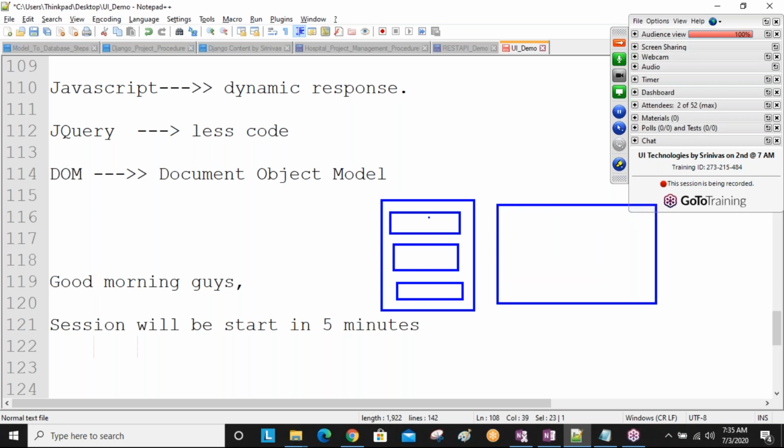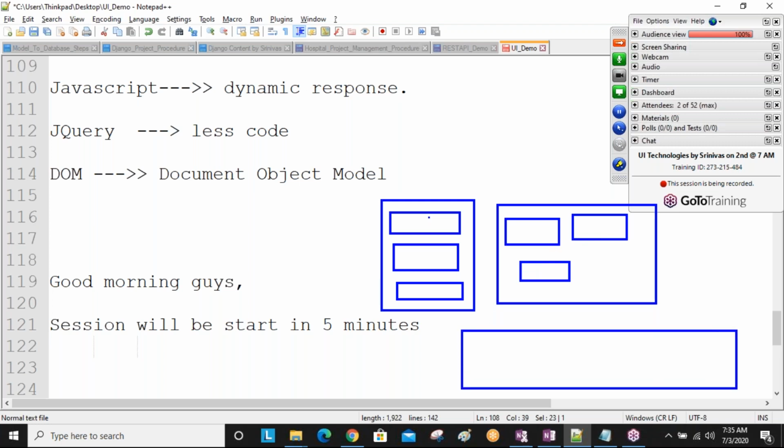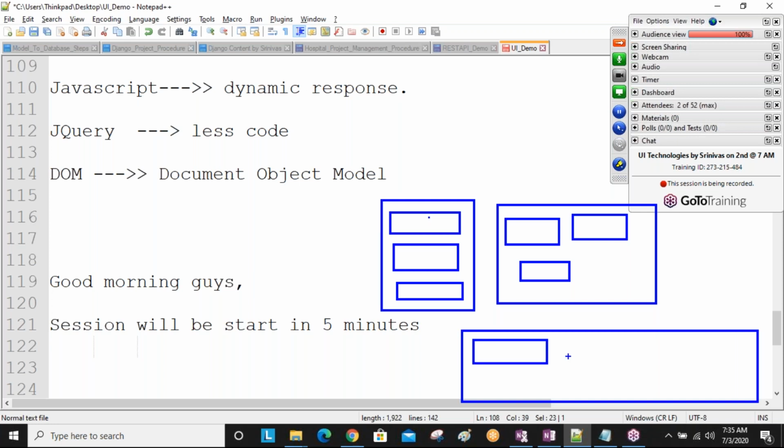Next, this is my laptop: employee number, employee name, employee salary, like this coming. If it is a desktop, large size is there, and all input fields fit in a single line. So the same application displays like this in mobile, like this in laptop, like this in desktop. One application, irrespective of devices, the styling changes automatically.